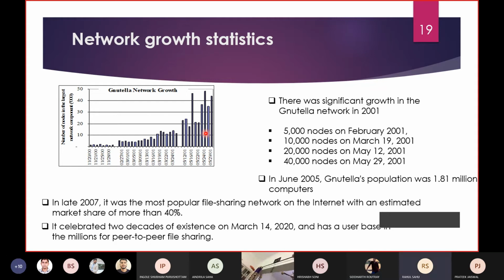So those who can afford resources prefer Gnutella over BitTorrent. Whoever can handle this kind of large processing and large utilization of resources. Nowadays size does not matter. People can go for huge hard disks and all. For this decade or this era, size does not matter, but speed does matter.